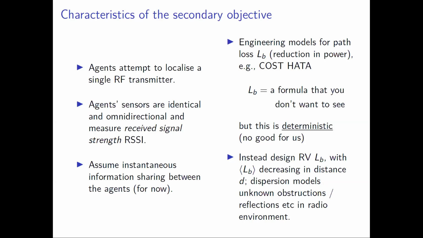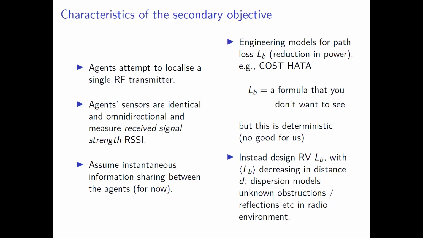So the key is, just as in problem one, you have to think about models of received signal strength. And we spent some time looking at what was in the literature for that. Of course, there's an enormous comms electrical engineering literature about received signal strength and path loss. We came across this thing called the Cost-Hata model. You really don't want to see the formula, and also it doesn't fit on the slide, so that was my LaTeX trick to get past that problem.